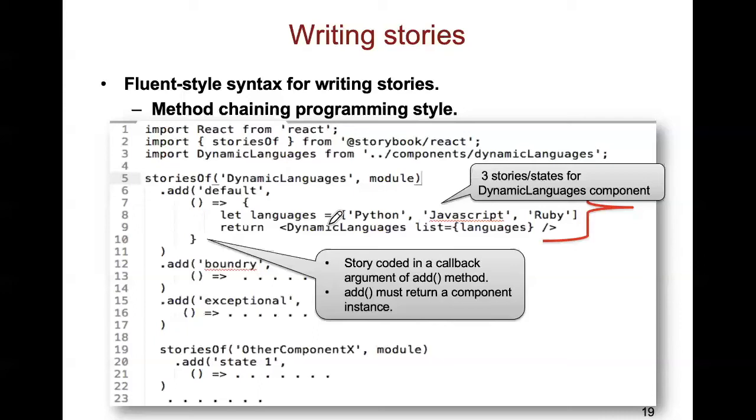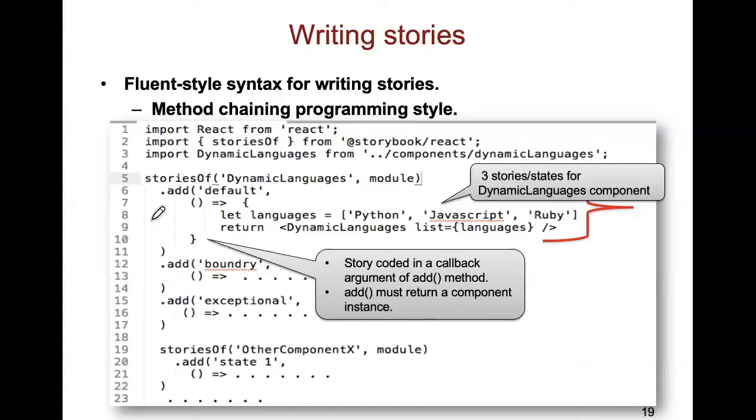And so what I'm doing here is I'm returning an instance of my dynamic languages component, which of course I'm importing at the top up here. For now, you can just interpret what's going on over here as being, I'm passing a parameter into my dynamic languages component. The parameter is called list, and it's actually the array that I've declared up here. I'll come back to this later on in this lecture, how you actually pass parameters and how they're accessed within the component. So that is one story, and then you implement the other stories in this kind of chained method